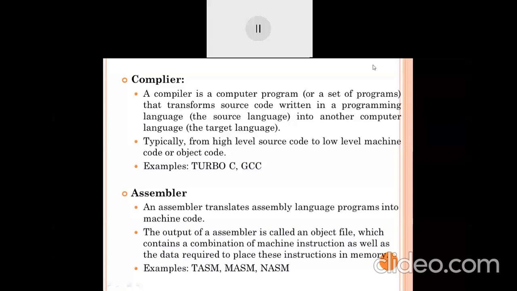Then the assembler is also a language translator. It translates an assembly language program into machine code. So now what happened? In the next PPT I have a diagram, and with that diagram you can know the flow of your system components, so the system software, how it works one by one,